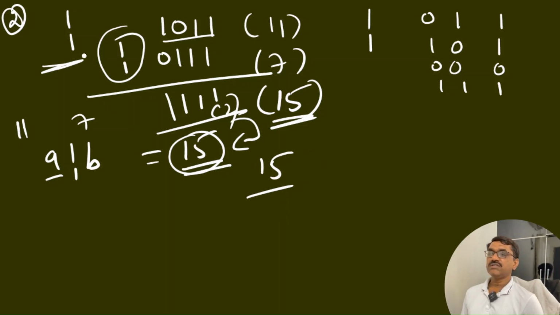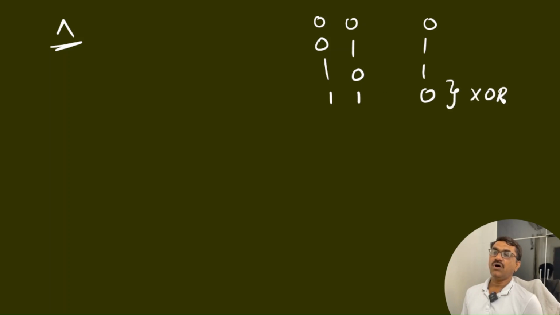This is about bitwise OR operation. After bitwise OR, next we have bitwise exclusive OR. Same thing, it is similar to OR. The only thing is, please remember, if the first two bits are 0, 0, it is 0 only; 0, 1, 1 only; 1, 0, 1 only. But whenever we get both bits are 1, the result is 0. This is exclusive OR. Exclusive OR mostly equals OR, but whenever we get two bits 1, the result is